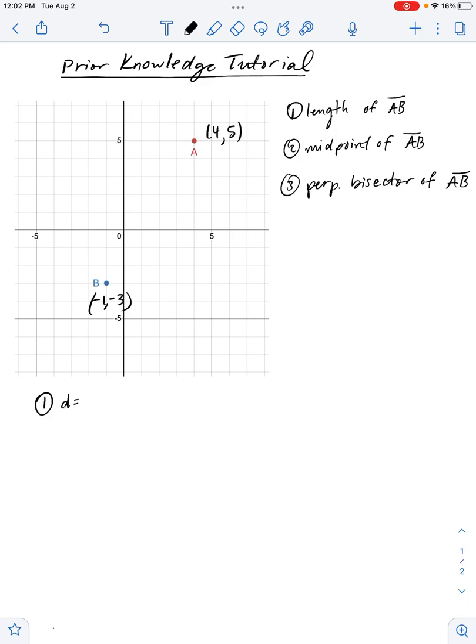The distance formula asks us to take the difference of the x values and square that, and the difference of the y values and square that, and take the square root of the sum. So the difference of the x values is 4 minus -1 squared, and the difference of the y values, 5 minus -3, and we square that. And simplifying, we get 5 squared plus 8 squared